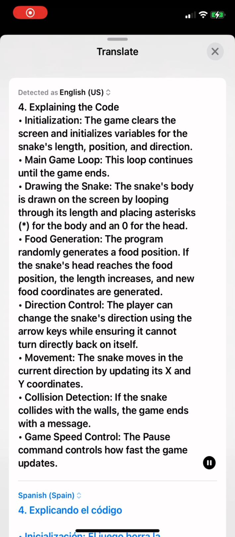4. Explaining the code. Initialization: the game clears the screen and initializes variables for the snake's length, position, and direction. Main game loop: this loop continues until the game ends. Drawing the snake: the snake's body is drawn on the screen by looping through its length and placing asterisks for the body and